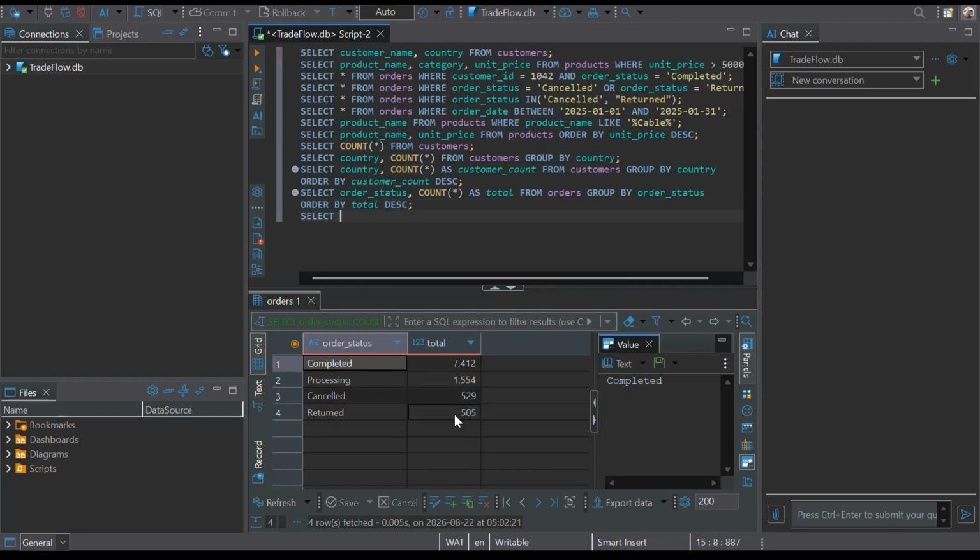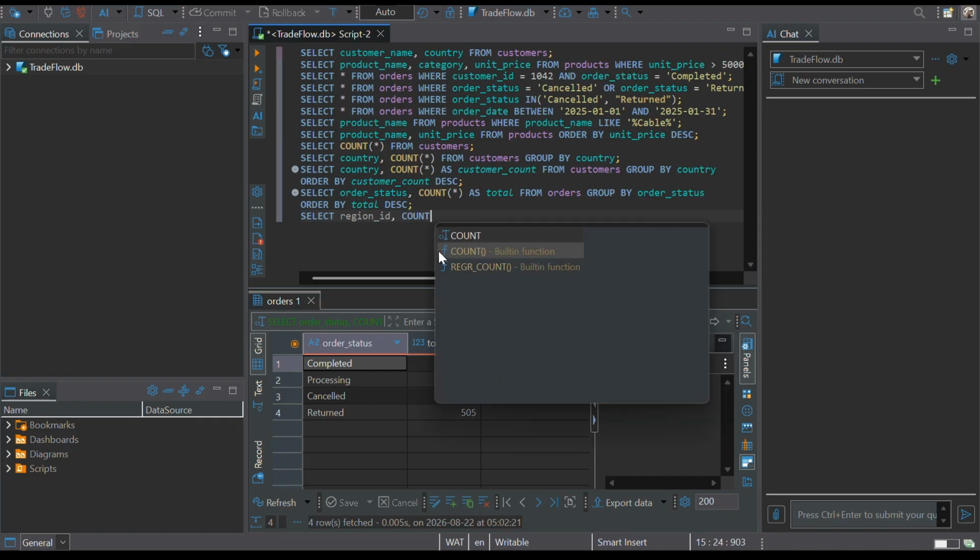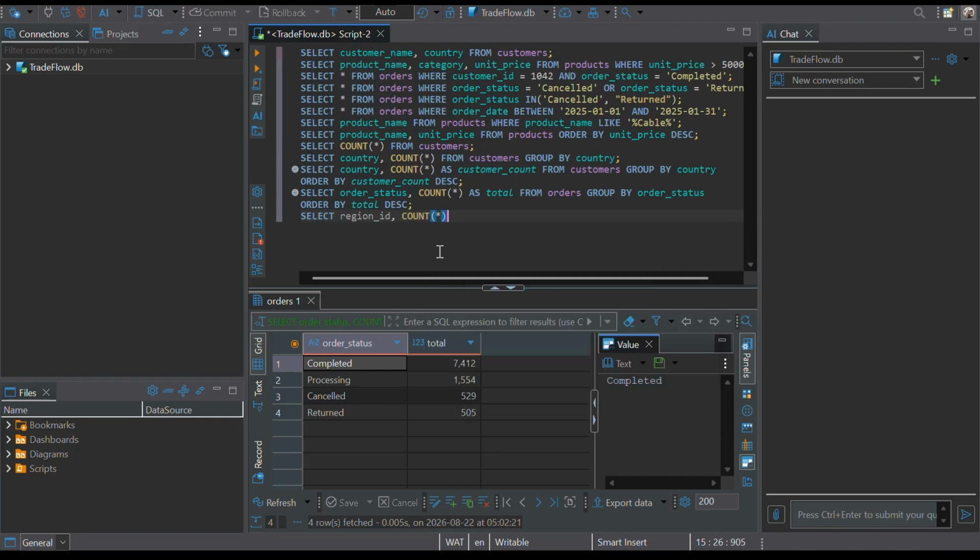Select region ID. Like I said, remember I said if you are not sure what exists in a table, you can always check through your database and see for each of those tables what columns actually exist, so you know that you're calling something that's real. So we are going to select the region ID, right? And then we are going to count as sign ups